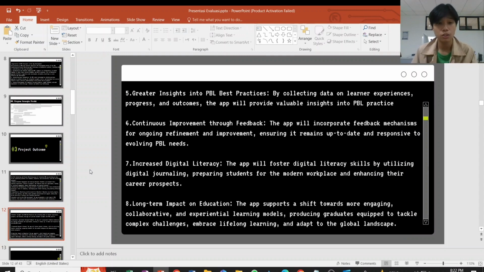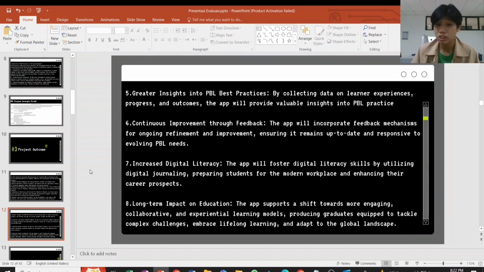Number 5, greater insight into PBL-based practices. By collecting data on learner experience, progress, and outcomes, the app will provide valuable insight into PBL practice.